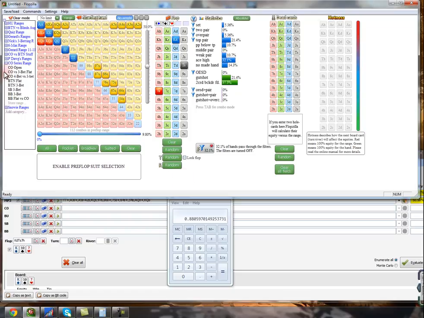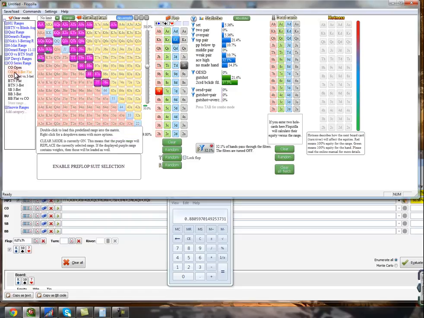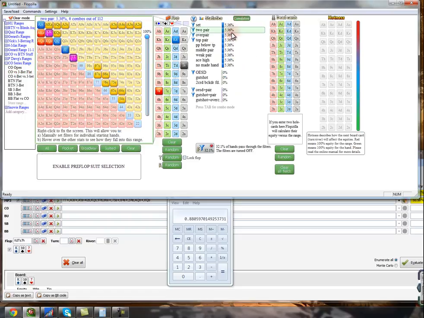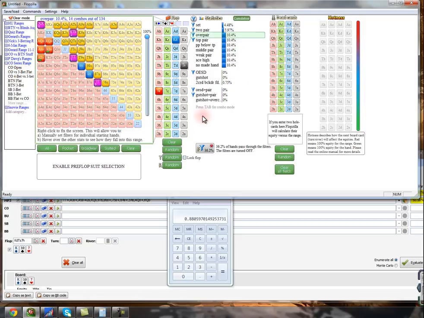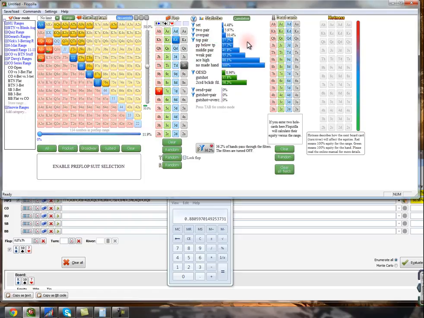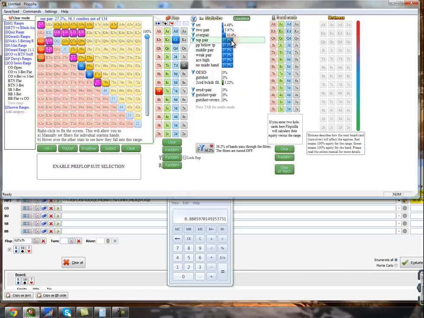So let's see how many hands are better than king queen for the cutoff. So this range has 11% overpair. How much does the cutoff versus 3-bet call have? It has about 10.5, and then top pair is going to be king queen. So off the top of my head, and I don't know this for sure, but I don't think if we go bet, our opponent's going to really need to call down with worse than king queen. So if we're in the big blind, I don't think we can go bet with king queen very effectively because it looks like king queen or better makes up about,